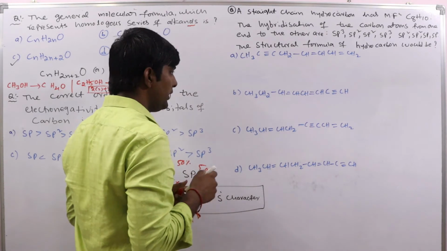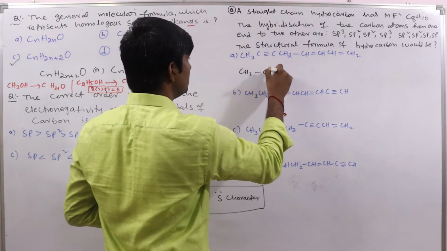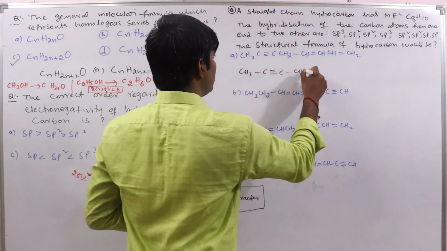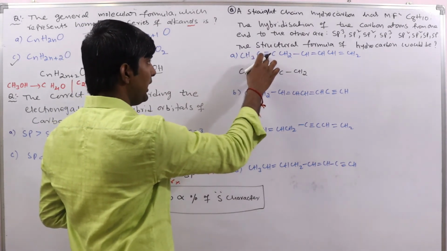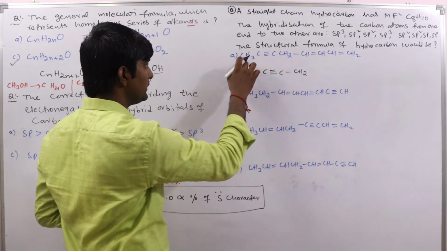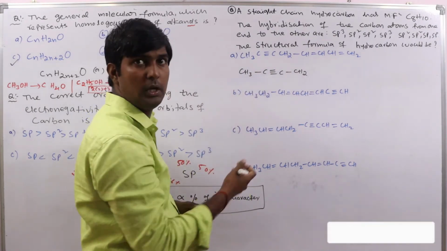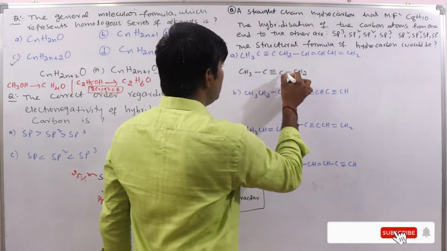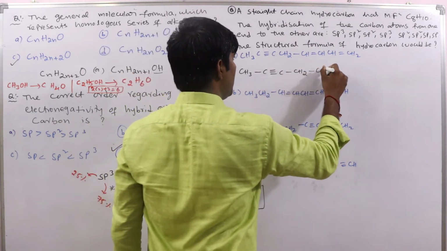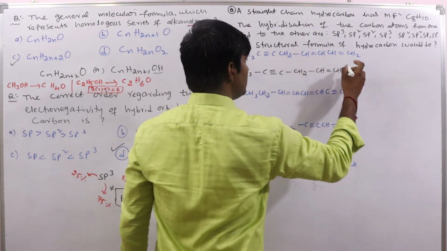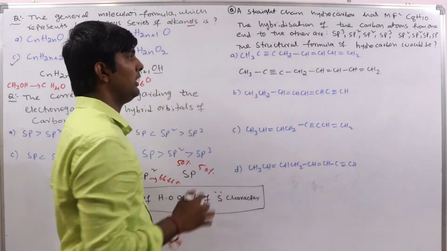If you face any problems with this structure, you can expand it. They give it like this only to confuse. If we write it like this, the carbon has 3 bonds and there is another bond between this carbon and this carbon. That is not shown in the option, but I am writing it here to explain easily. CH2 is given. Again there is a bond between these two carbons, so CH double bond CH. Again we have a bond and CH2. So I have written it like this.